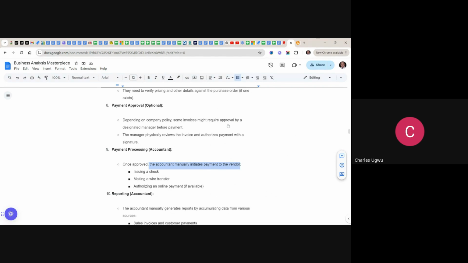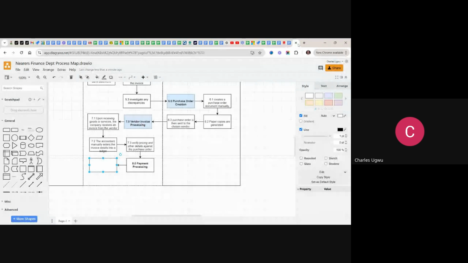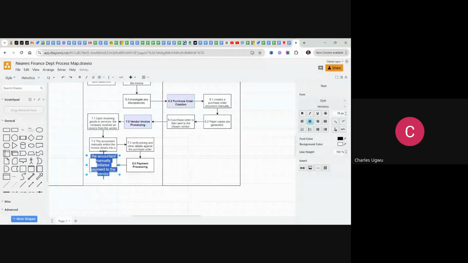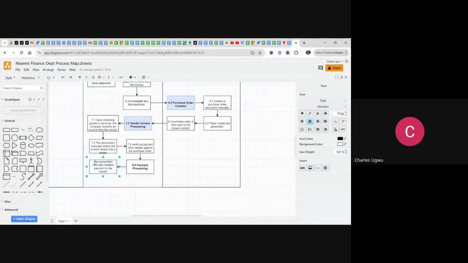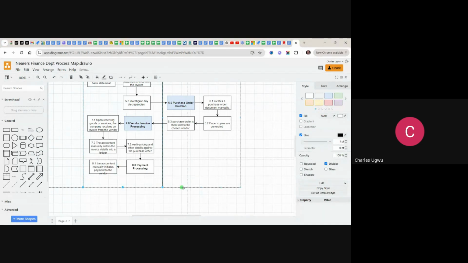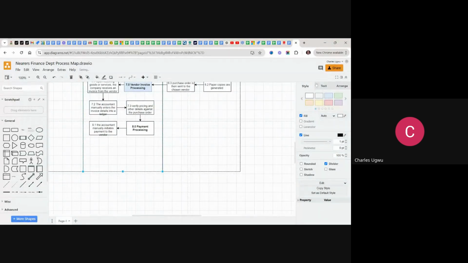Copy and it's 0.1, and then we push down again. I need more space. And